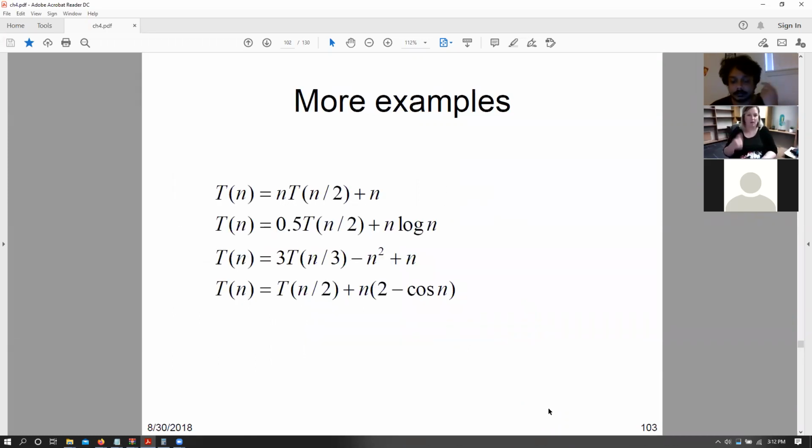Now, we also have some more examples. I would like you guys to work on these examples, but let's look at this. So here we have our a value as n. In this particular case, our log base b of a becomes slightly complicated. I want you guys to look into this particular thing. I think this one is provable. Can someone tell me if I can prove equation number 3 here? Can this be proved using the master method? Yes or no? And if yes, why? If no, why?